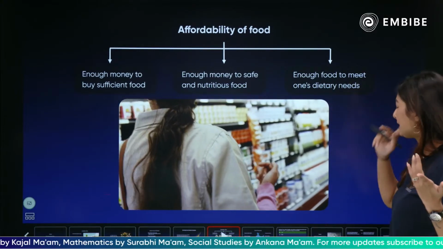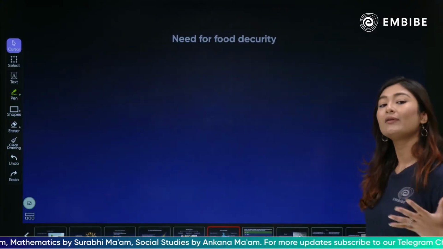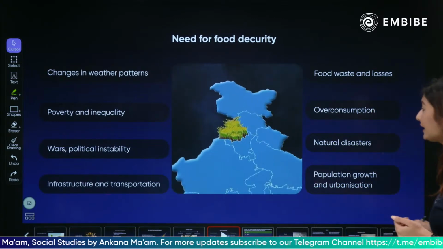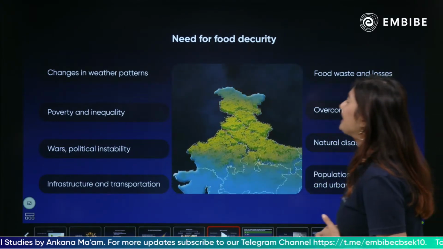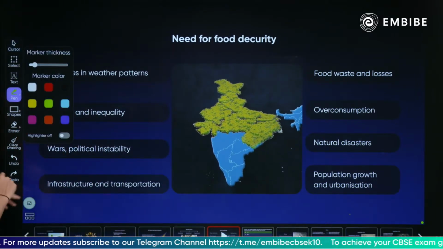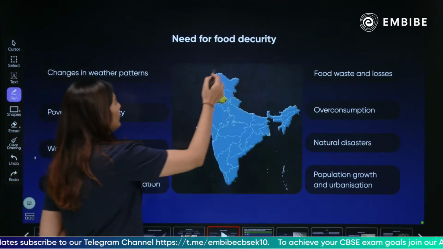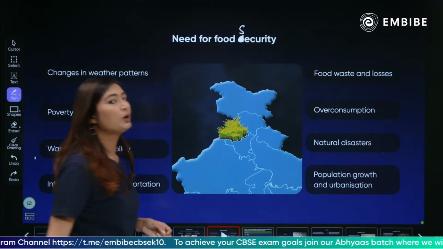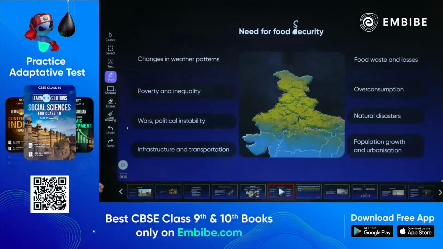Second, ये availability की बात हो रही है कि भैया खाना भी तो इतना available हो कि लोग उस need को, उस requirement को meet कर पा रहे हैं. ठीक है. Now guys, why do we need food security? Security है वो, गलती से D लिखा गया है वहां पे. ठीक है, क्यों चाहिए हमें food security? क्यों जरूरी है? Why do we need to have food security?